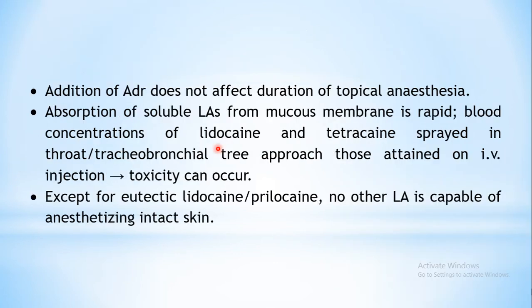Now in the actions we had also seen that a vasoconstrictor can be added to a local anesthetic, right? Adrenaline is generally added to the local anesthetic in a specific proportion. When this vasoconstrictor is added, it produces vasoconstriction in that area, and it prevents the systemic absorption of the local anesthetic which you have applied or administered in a particular area.